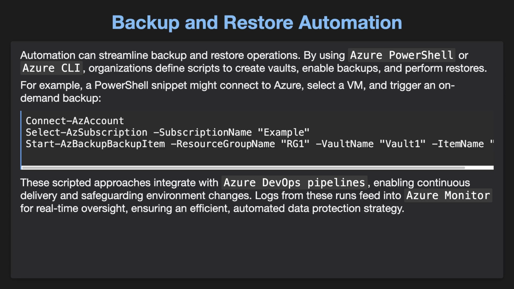By using Azure PowerShell or Azure CLI, organizations define scripts to create vaults, enable backups, and perform restores. For example, a PowerShell snippet might connect to Azure, select a VM, and trigger an on-demand backup. Connect-AzAccount, Select-AzSubscription, subscription name, example. Start a backup item: resource group name, RG1, vault name, Vault1,